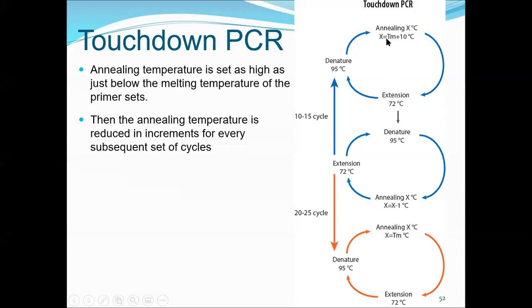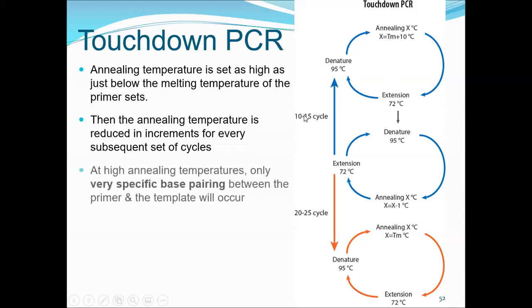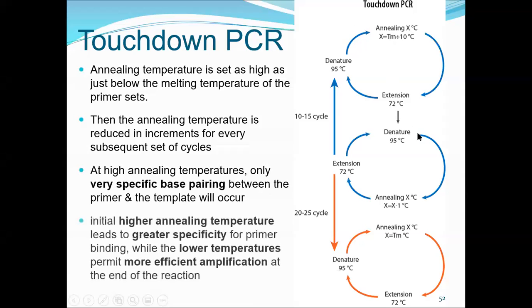So this annealing temperature is set 3 to 5 degrees Celsius above the TM, and then it is amplified at the higher annealing temperature for the initial 10 to 15 cycles, and then later